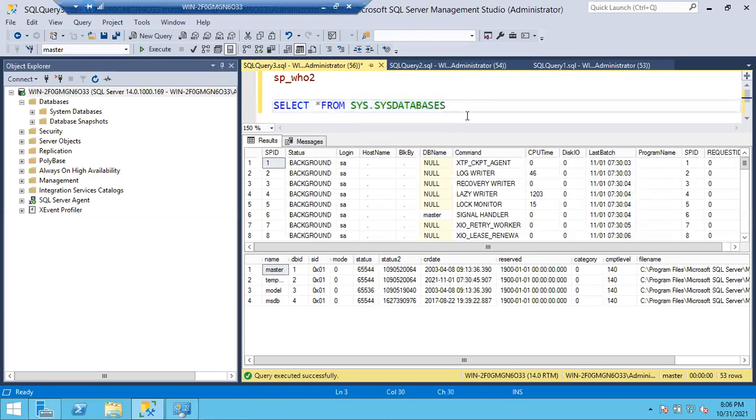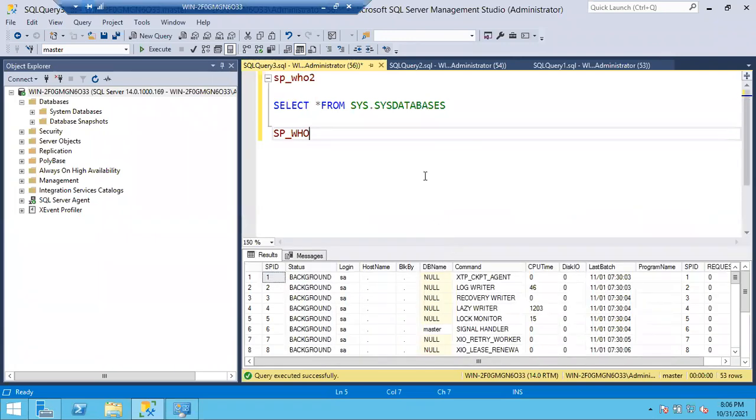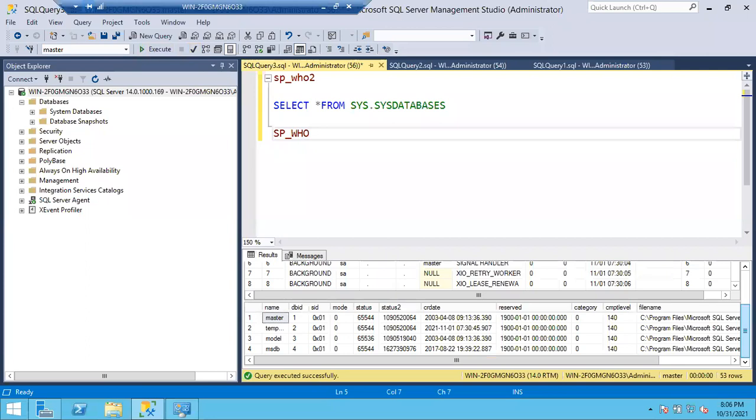And again, if you execute, sp_who is also there. There is one more query. Now tell me, if I execute, will 3 queries execute, or 1 query, or no queries? Three queries will execute. So if you execute, all 3 queries will be executed, guys, and you can see 3 outputs here. You can drag and drop here, and you can see all the 3 outputs.